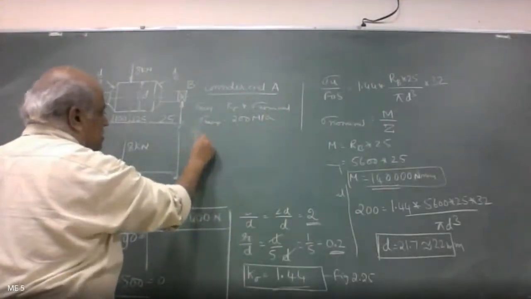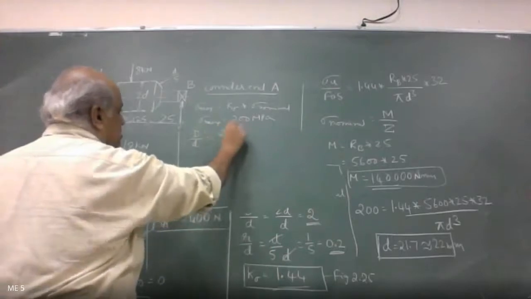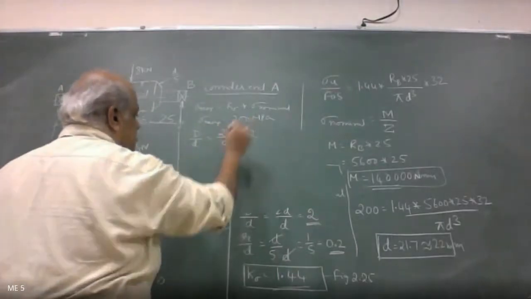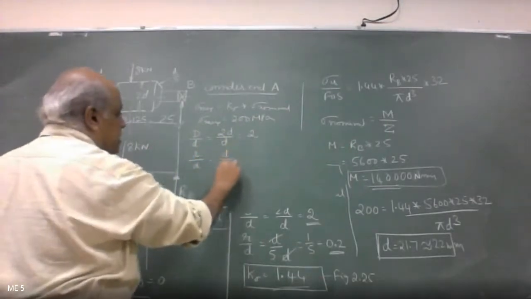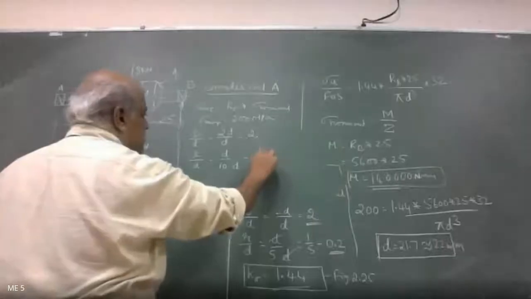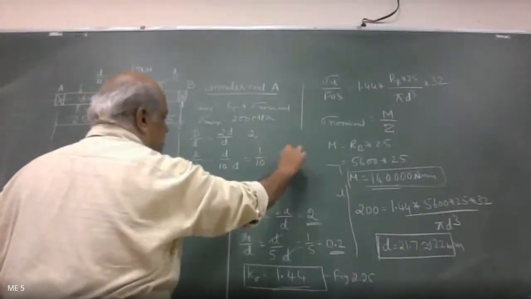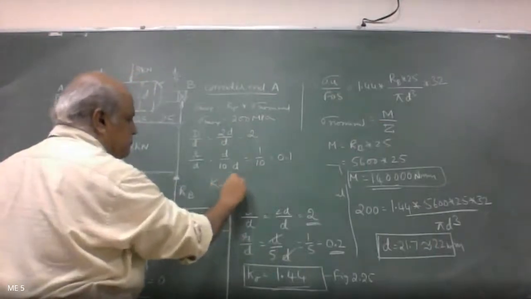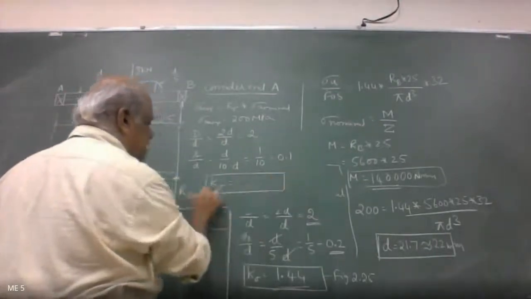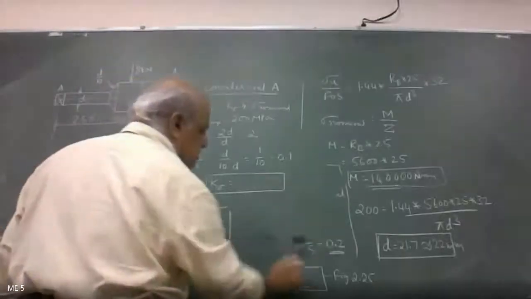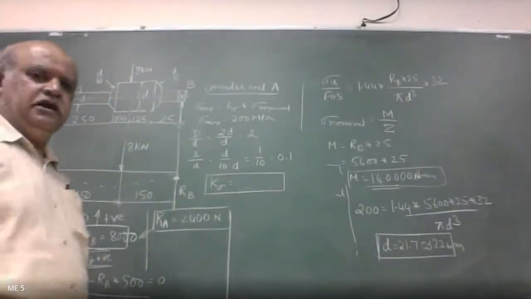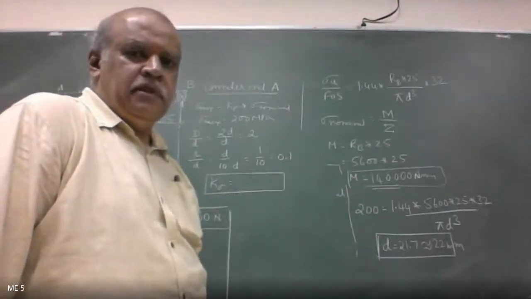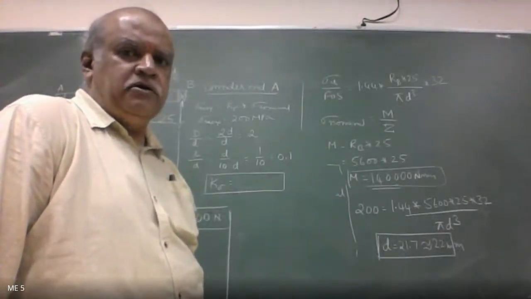For K sigma, D by d is going to be 2d by d, which is equal to 2. Then r by d, r is what now? d by 10 into d, so 1 by 10, that's going to be 0.1. So what is the value of K sigma? Use the same figure, 2.25. Get me the value of K sigma. 1.74. Yeah, exactly. Others, please look into it and check. 1.74 is correct. Others, any doubt in taking that value there?